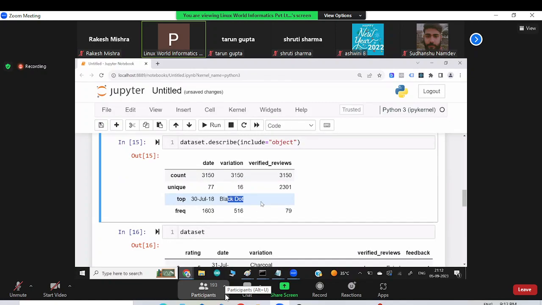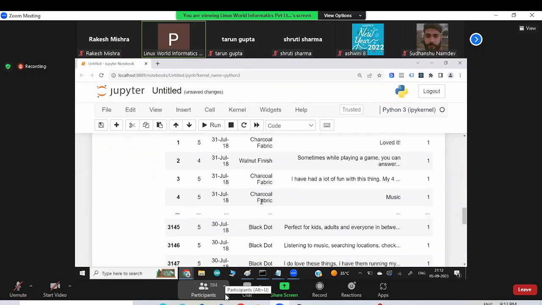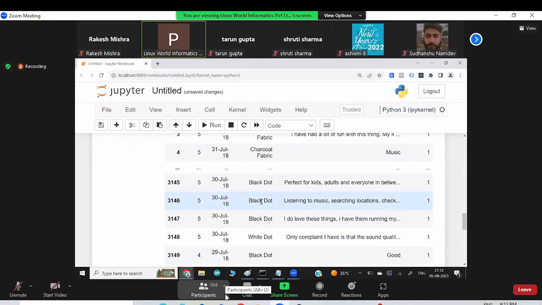So why am I doing this? Because right now our goal, guys, is to take this data set from Amazon for the product called Alexa, and our requirement is to understand the sentiment of our customers. Before we understand the sentiment of the customer, we should know something about our data set.